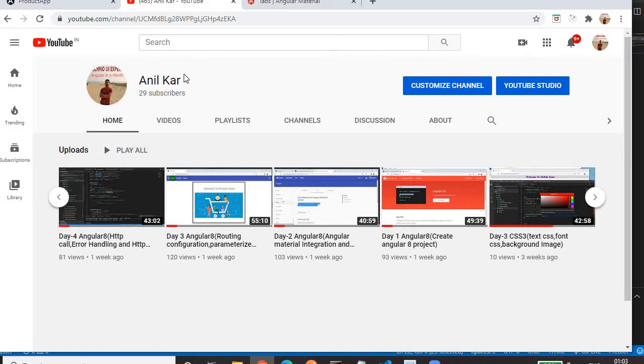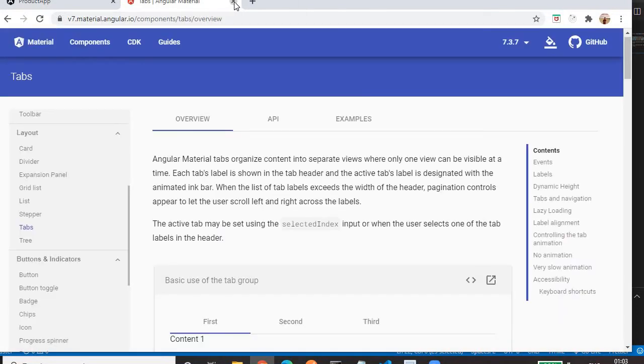So we'll start our today's session. In today's session, we'll learn an important concept in Angular, which is how we can route through child routing. What do we mean by child routing in Angular? And we'll cover how we can pass data between unrelated components.